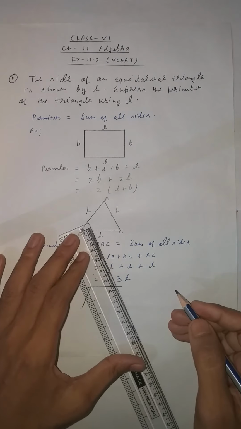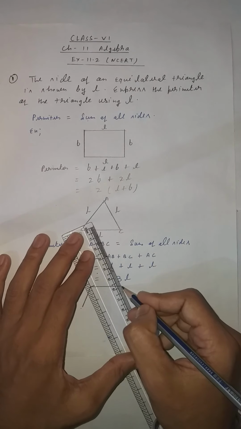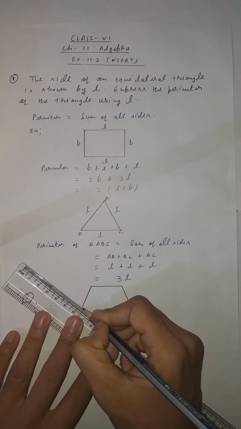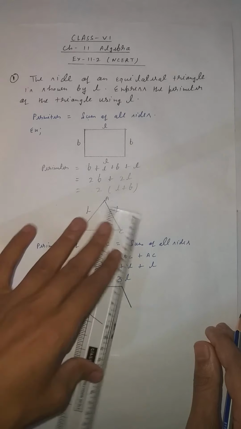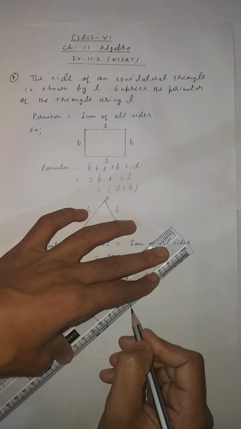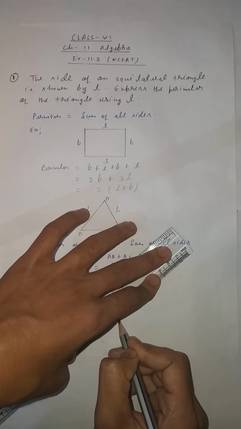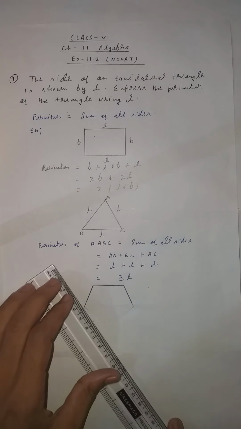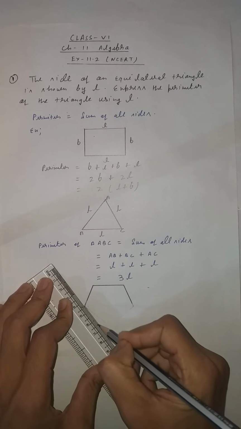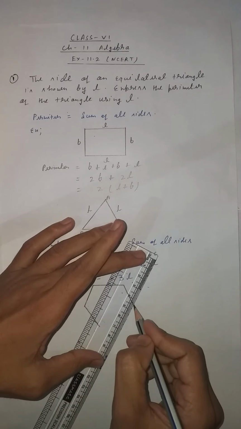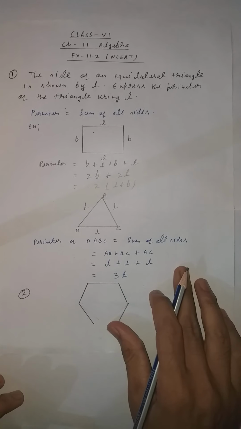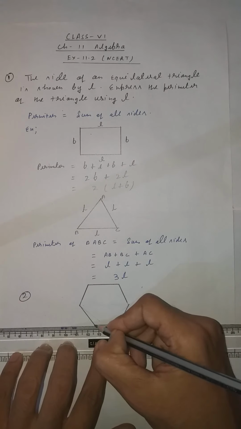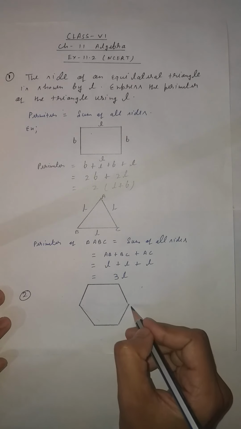So first we will draw the hexagon. You have to draw the diagram very neat and clean in your copy, because I am also using pencil and ruler. So you have to draw very neatly. One minute. You have to make the hexagon in correct form. So this is the hexagon. Clear students?